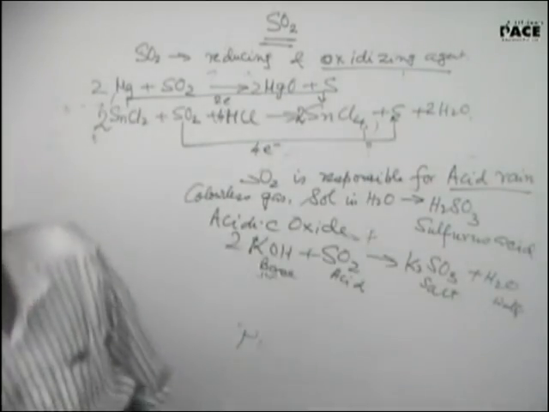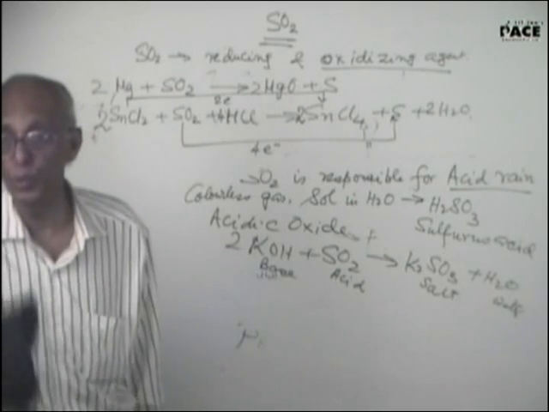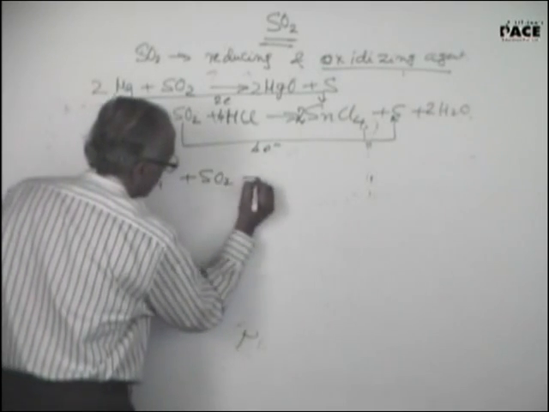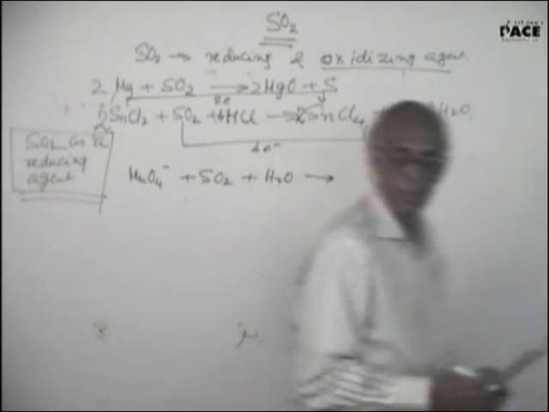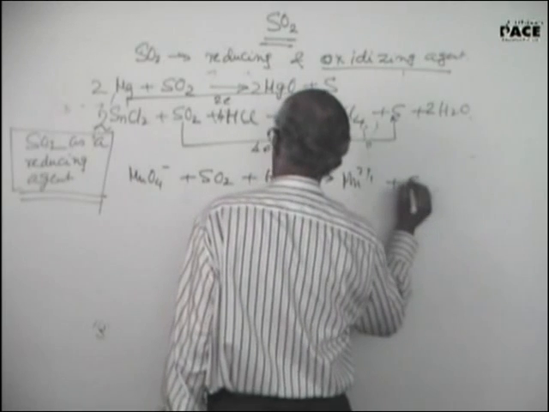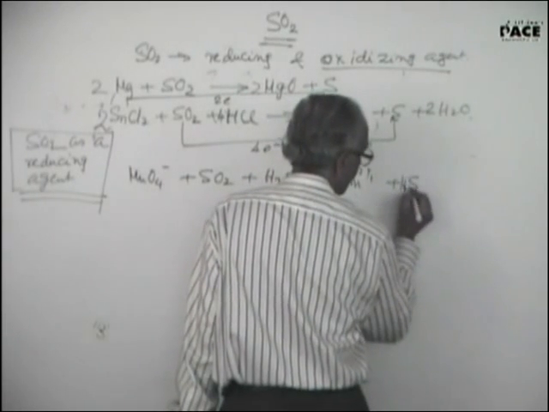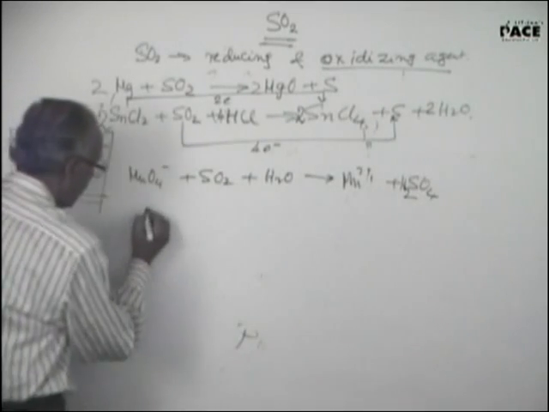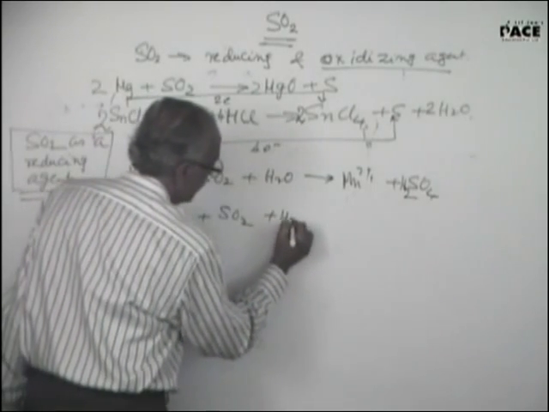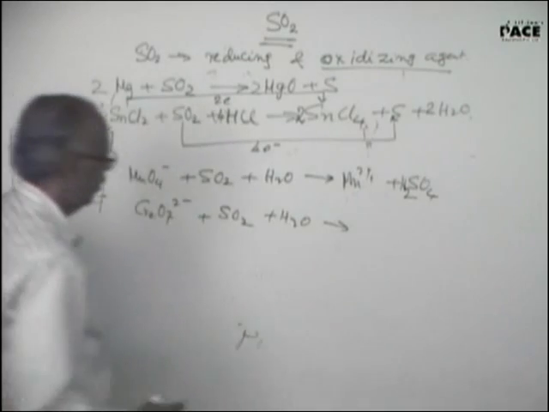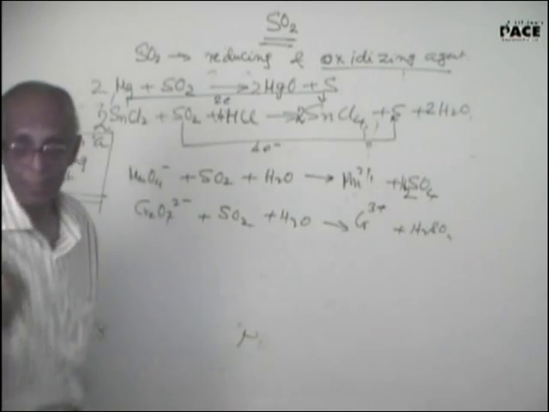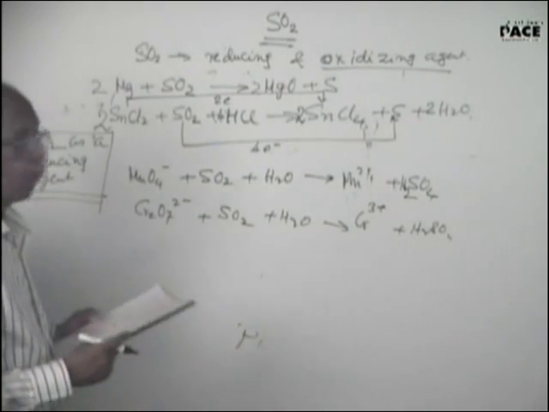The majority of the reactions show sulfur dioxide as a reducing agent. Permanganate ion plus sulfur dioxide plus water. What will be the product? Mn2 plus, sulfuric acid. Dichromate ion plus sulfur dioxide plus water will give you chromium 3 plus, sulfuric acid. Yes. But if I write full form,